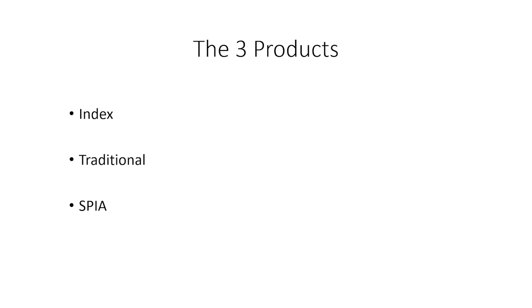You have your index products with that growth potential in the marketplace. You have your traditional products that can match up like CDs. Those traditional products say, hey, we can give you 4% for 5 years while this CD is giving you 2%. A very simple conversation. Or let's say you have that client that says, look, I'm retiring in a month. I need to take my 401k. I need to put it into something that's going to start to pay me an income for the rest of my life. Well, that's where a SPIA comes into play.